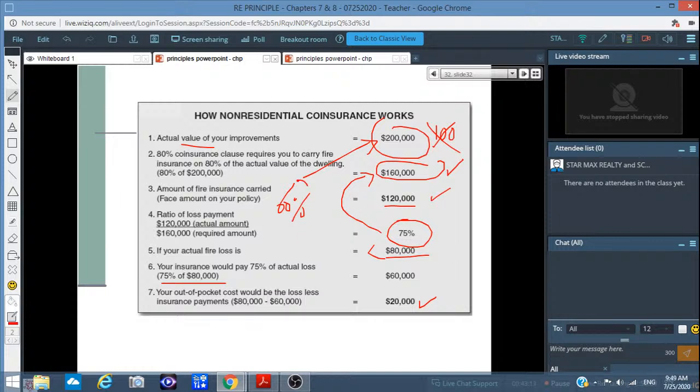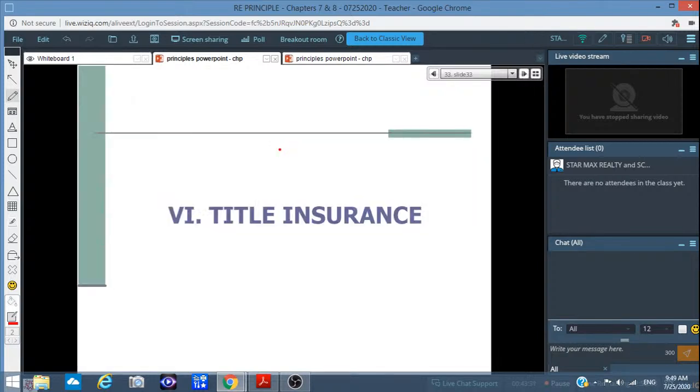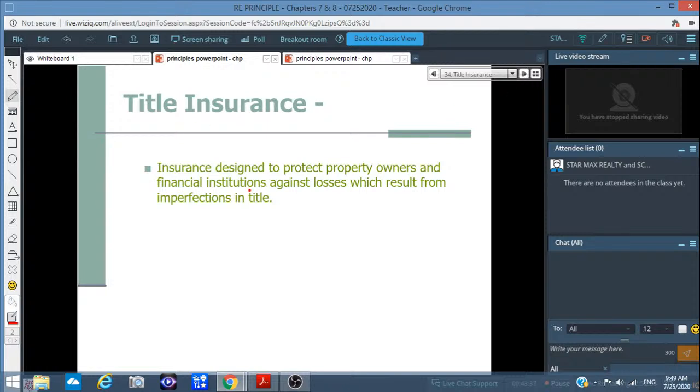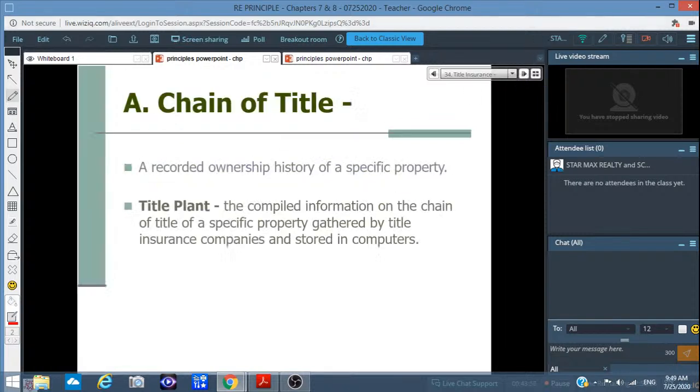所以呢，它保你60%，OK？一个不是的话是蛮贵的，OK？它可能是2倍的保单费不止了，OK？Alright, title insurance，产权保险。Okay, it is designed to protect the owner against losses result from imperfection in title. 这是关于产权的方面，它保护你。Chain of title is called the history of title. Okay, 这个产权的历史叫 chain of title，一连串的。Okay,